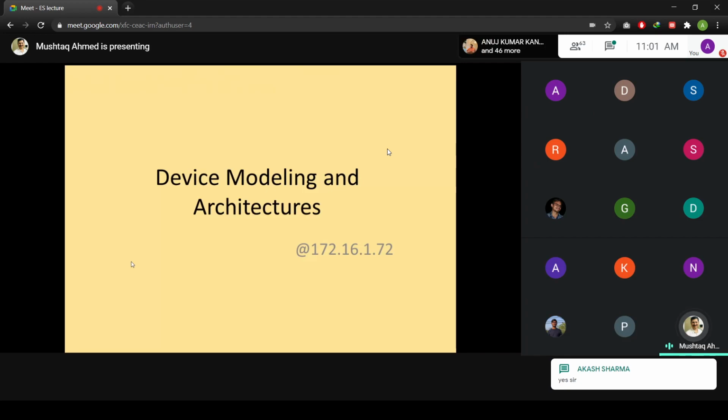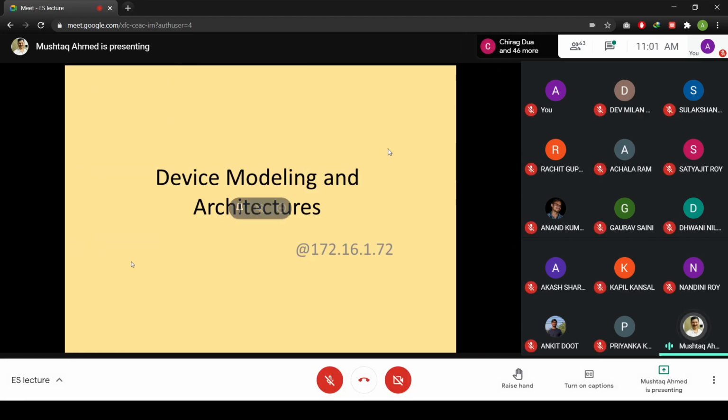Okay, so today we shall discuss device modeling in architecture, because this is a very important thing. For any type of device or system which we want to model, how do we represent that, and whether that device would be functional or not, and what are the various types of problems or constraints that may arise when making that device. The device modeling technique is very important in that category.